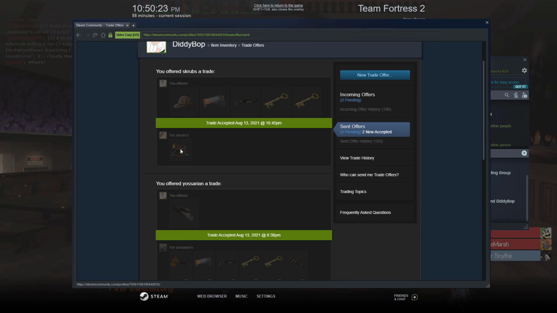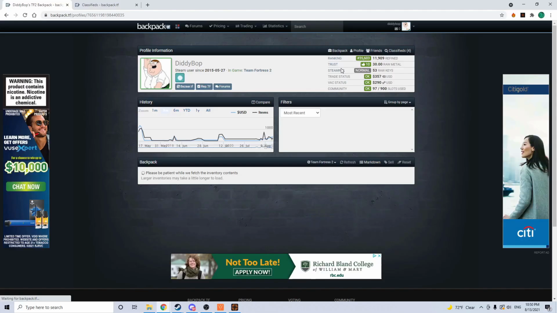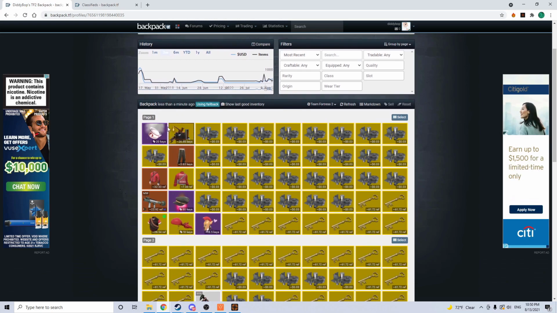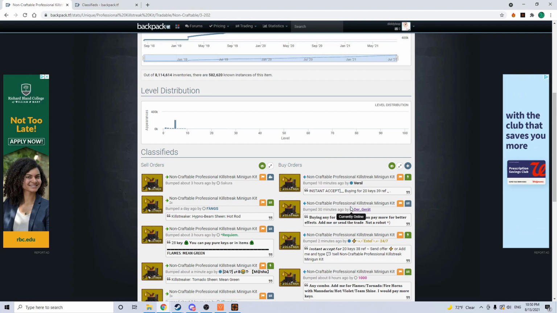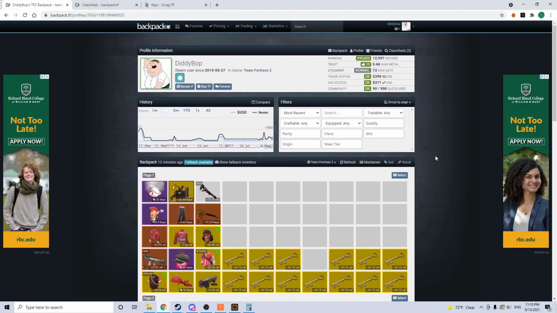So 18.5 keys for a ProKS minigun kit, and universal buy orders for a ProKS minigun kit are at 20.5. So if we take a look right here, yeah, 20.63. So I paid around 18.5 keys for it, so that's an automatic 2 keys profit as well. So yeah. Alright guys, so after all that has been said and done,